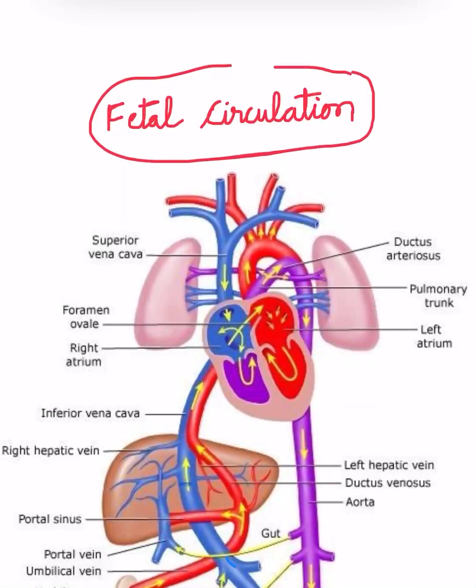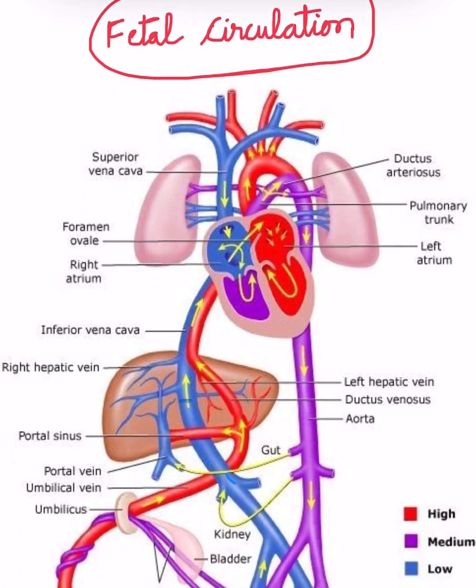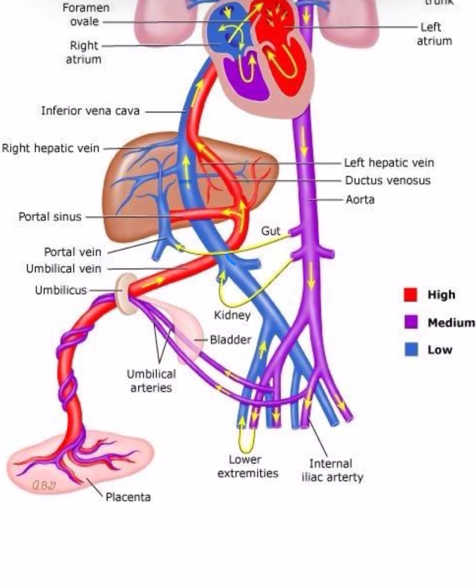About the fetal circulation. The fetal circulation is different from that of adult circulation because in adult circulation the lung will be functioning, where the oxygenation takes place. In the fetus, which is intrauterine, the lung is not functioning, so the oxygenation takes place at the level of placenta. The placenta is the main connection between maternal and the fetal circulation, and the umbilical cord also plays a